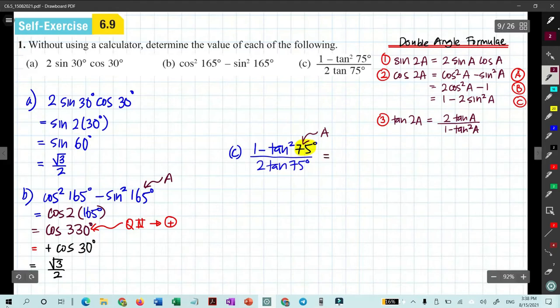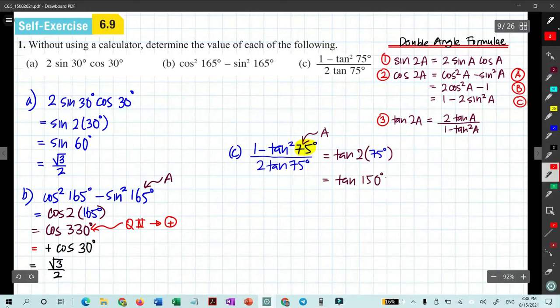Okay, and it's equals to tangent 2A, and the value of A is actually 75 degrees. And when we simplify this, we will get tangent 150 degrees,